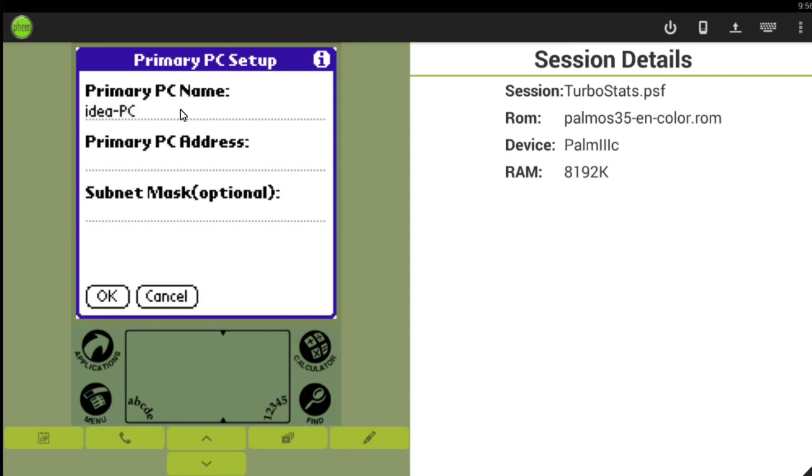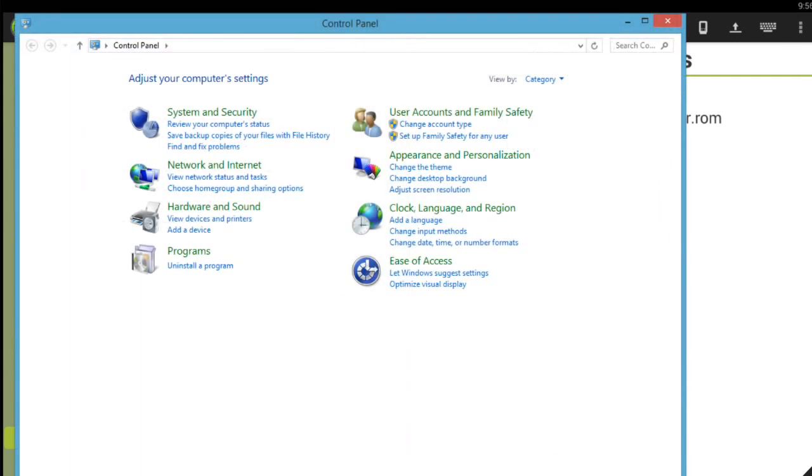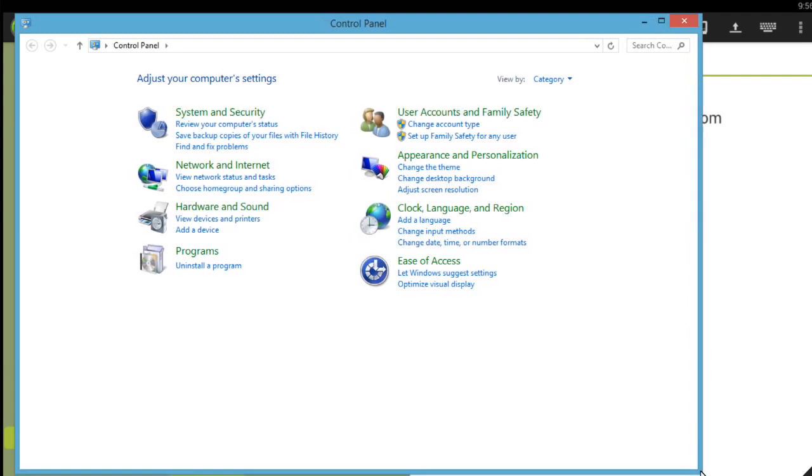Okay, and now for this next step, we need to get our primary PC address. In order to do that, we want to right click on the Windows icon in the bottom left corner of your desktop, and this time you want to click on Control Panel. And when you click on Control Panel, this screen should appear, and what we want to go into is View Network Status and Tasks under Network and Internet,